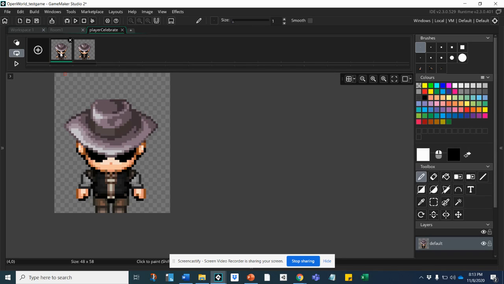The first one, I'm going to raise my hands up again, just like I did before. I already have this hand brush here, so I'm going to use that hand brush. I'm going to use it to erase this hand,